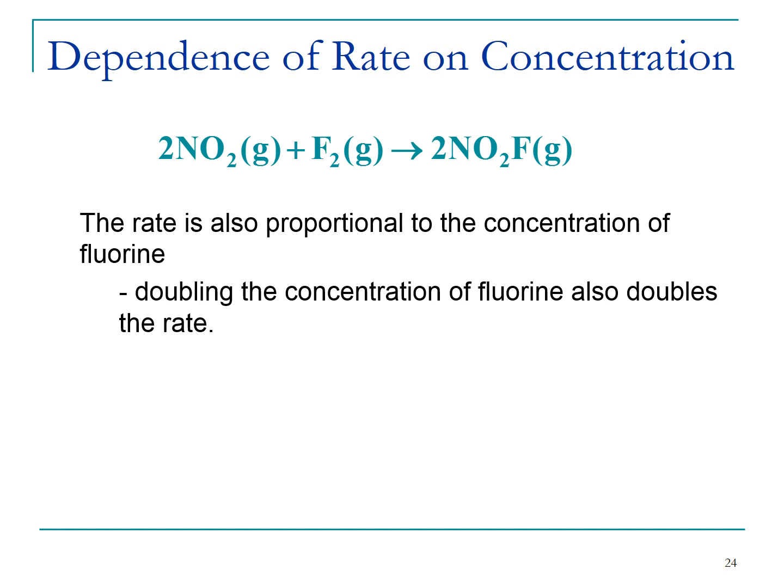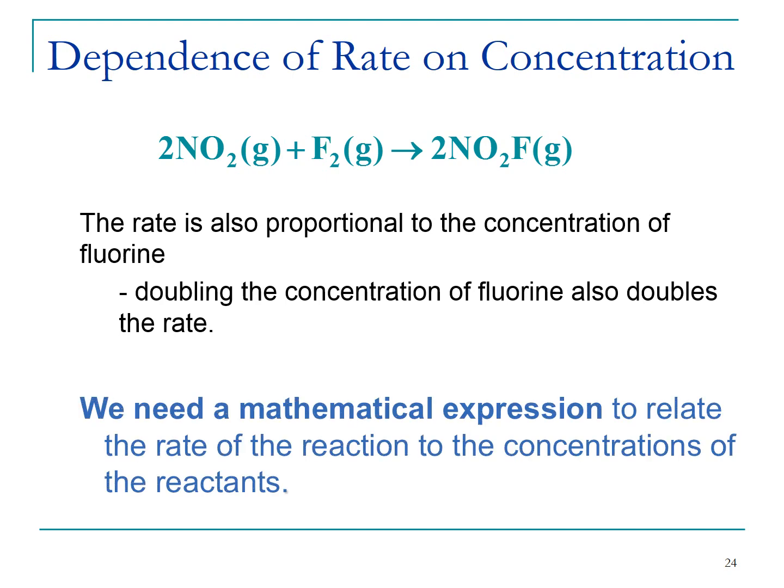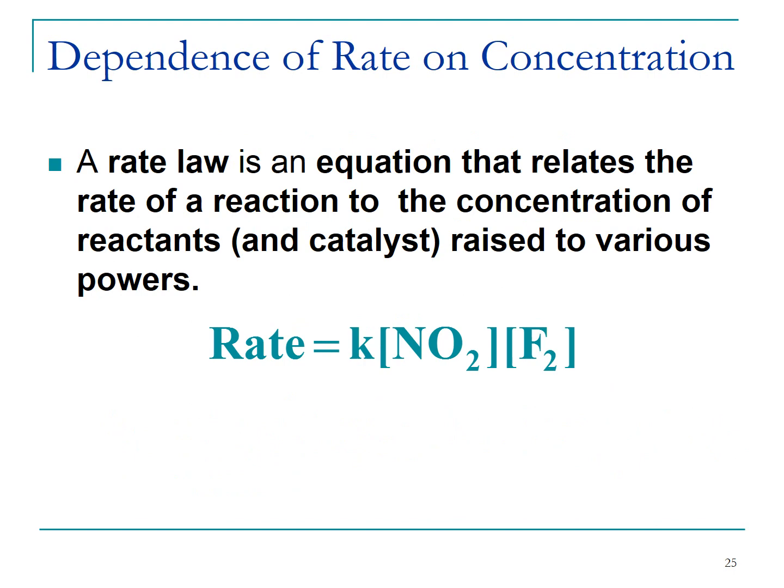Okay, now let's keep NO2 steady and we just change the F2 concentration. It's also true that if you double the F2 concentration, the rate of this reaction also doubles. So doubling the NO2 will make the rate double. Doubling the F2 will also make the rate double. And so, like I said a minute ago, we need a mathematical expression to show how we can write this relationship to concentrations. So it turns out that this is a rate law. The rate law is a mathematical equation that relates the rate of